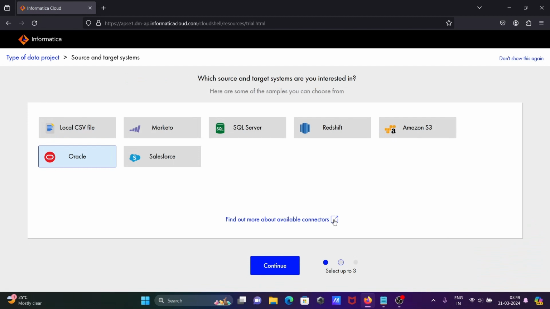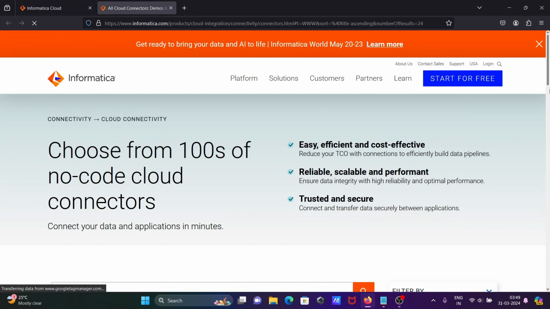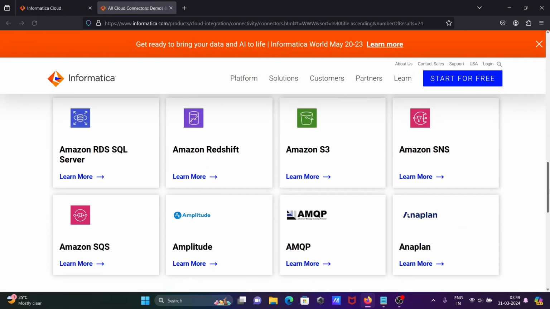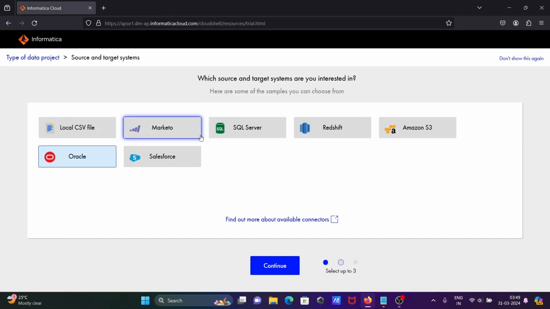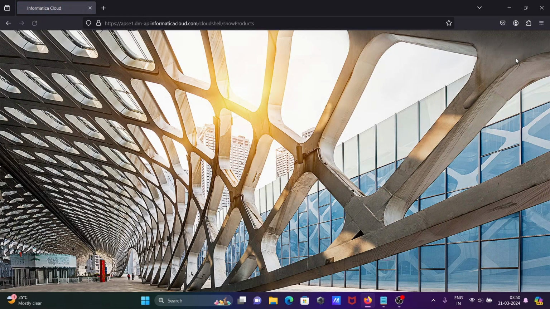out more about the available connections. Click there, then you can get all the connections. If I scroll down here, you can see all of this. Okay, let's close that. And after that, I don't need it right now. So for this, I'm going to click on this message, and if I click there,